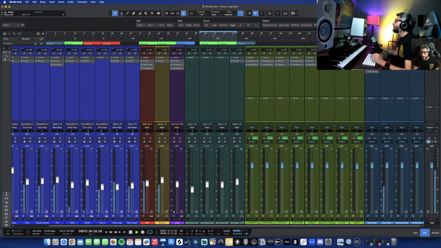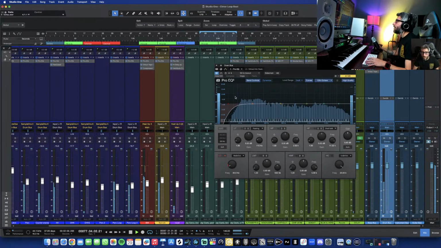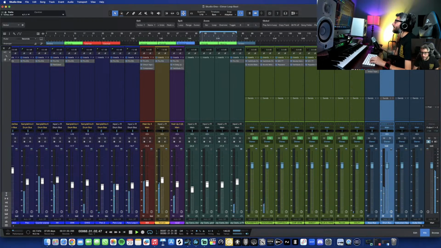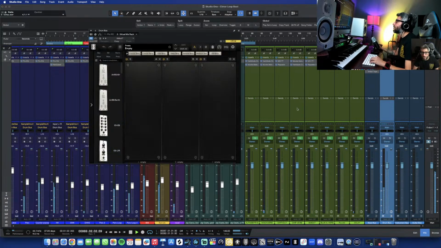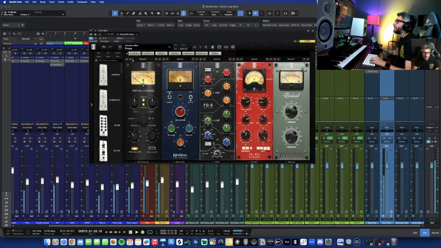What I'm going to do is add my Pro EQ here and take more low end out of there. You see, all this low end, I'm not even using it. Then I'm gonna come to my virtual mix rack, and I already have a preset here, Dillian Mode drums. It's called empty, but